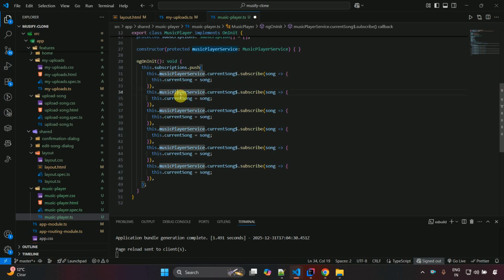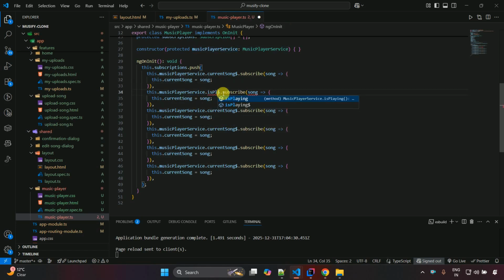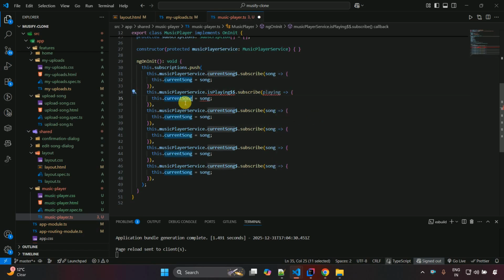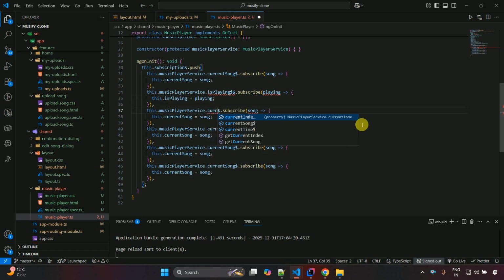And after that music player, the next one is playing, and the subject, and over here we have to just change this to playing, and this one we have to change this to isPlaying, and then playing. And after that here we have to change this to current. Okay, we have 2 times the dollar symbol was added, so just remove once. And after that, here